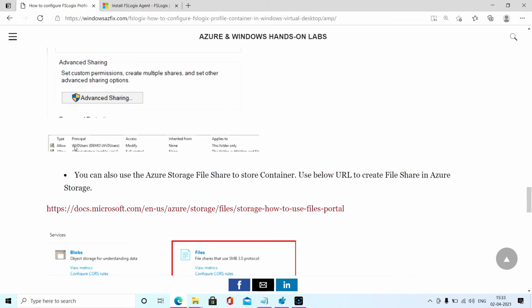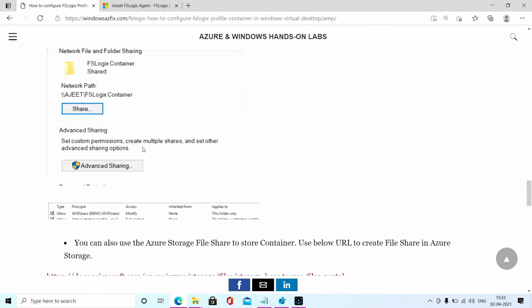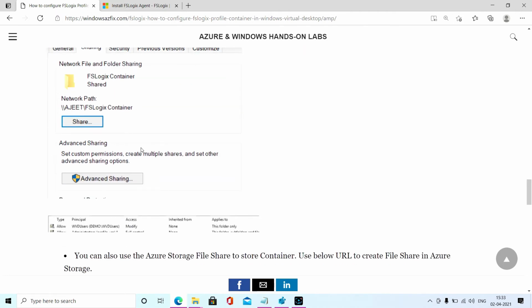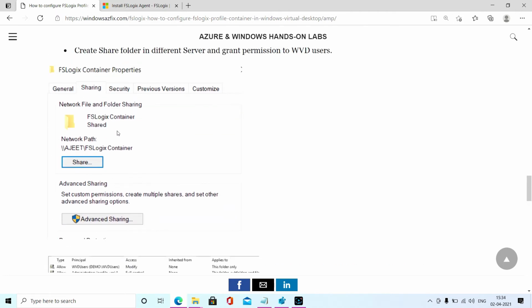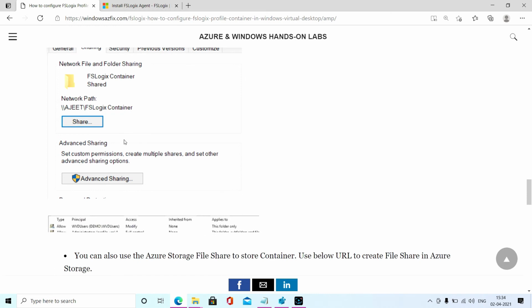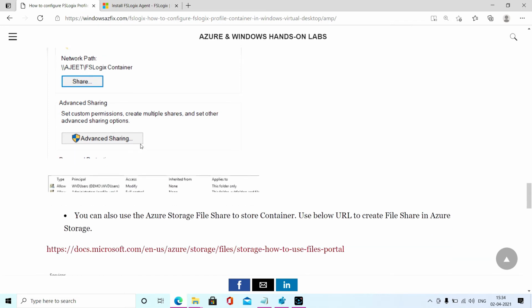I have created a security group named WVD users and provided access. All you need to do is provide the permission to the entire folder, so that whenever a user logs in, their profile will be created here in the share path.